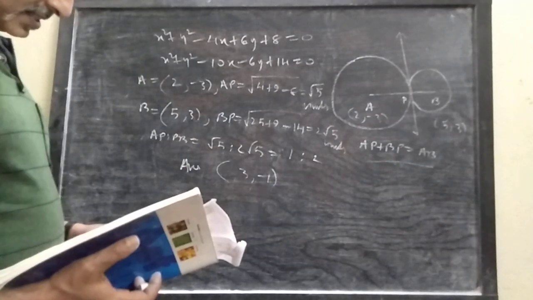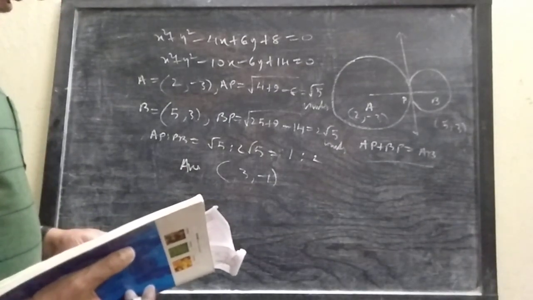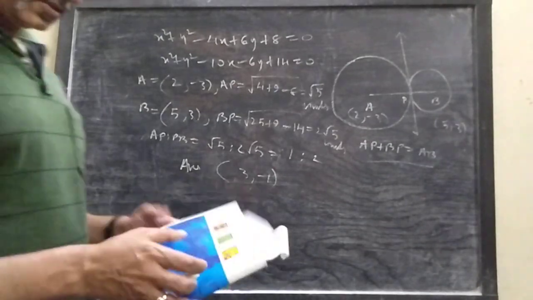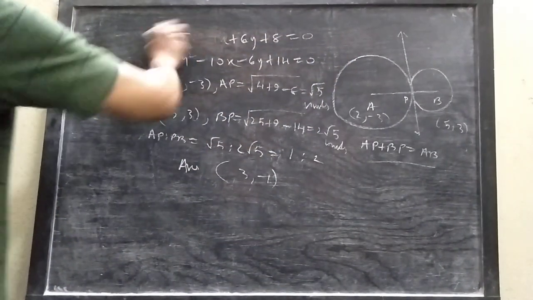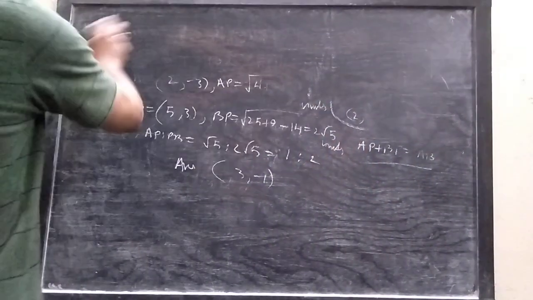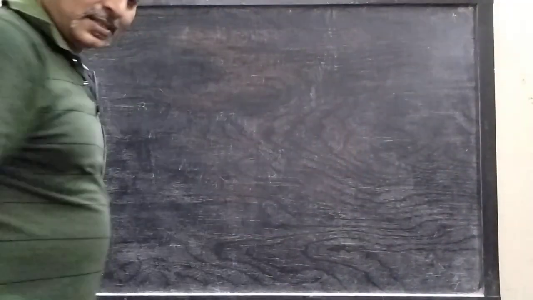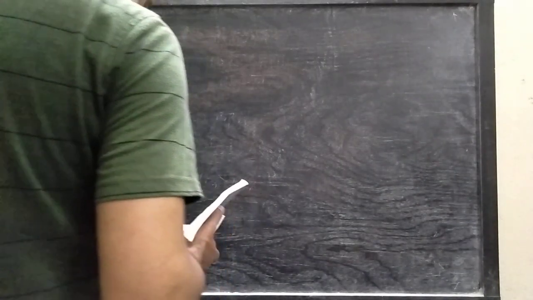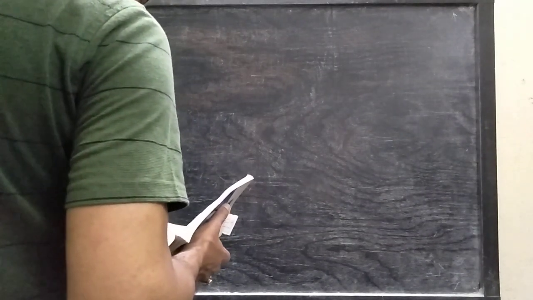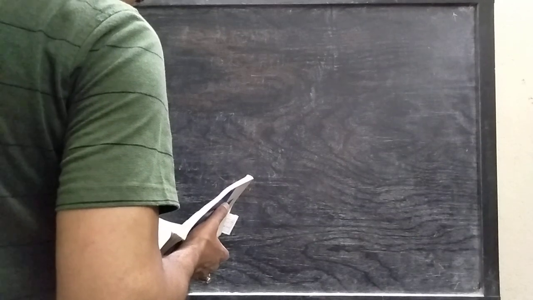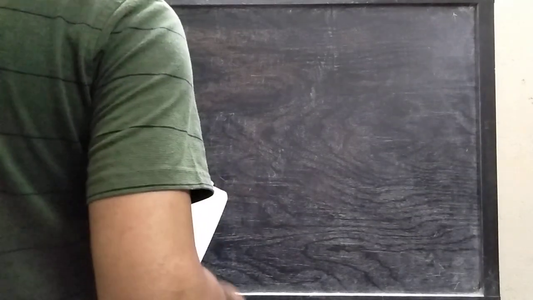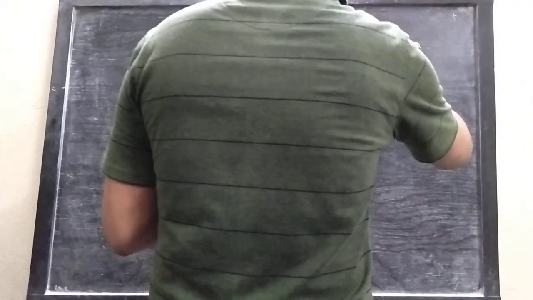Find the equation of the circle which touches the x-axis at (5, 0) and cuts off an intercept of length 24 units from the y-axis. This is also a good question. All the questions that I am solving here may be asked in the examination. So you have to do these questions very seriously, very sincerely, to make your preparation well. Find the equation of the circle which touches the x-axis at (5, 0) and cuts off an intercept. So draw a diagram.